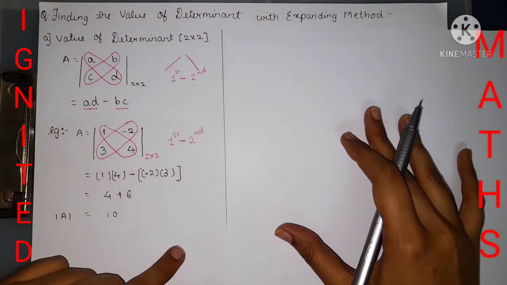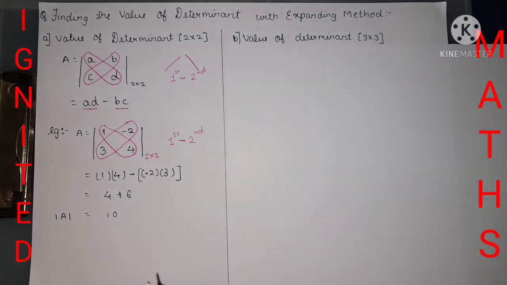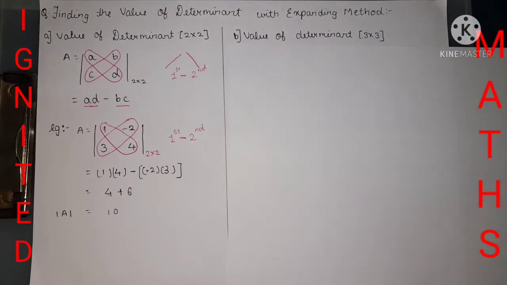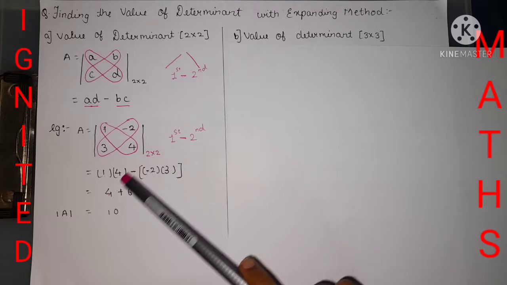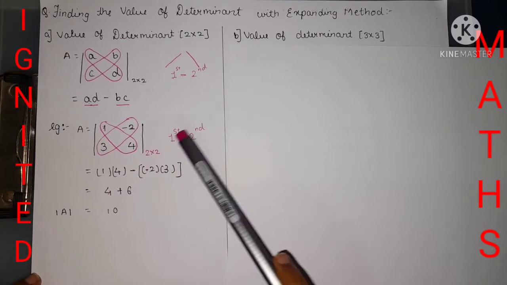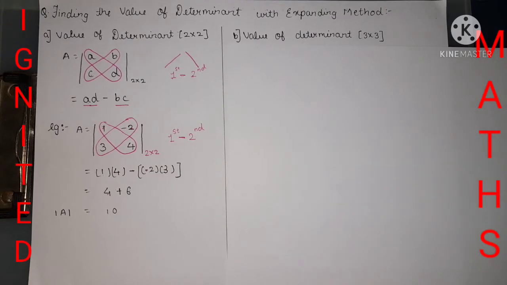So now let's find the value of a determinant of 3 cross 3 with the help of 2 cross 2 determinants. So let's start with it. For finding the value of a determinant of 2 cross 2, with the two methods we got the answer, right? With some calculation, the first diagonal element and the second element, we got the answer. But for finding the value of a determinant of 3 cross 3 with the expanding method, we need to clear the concept